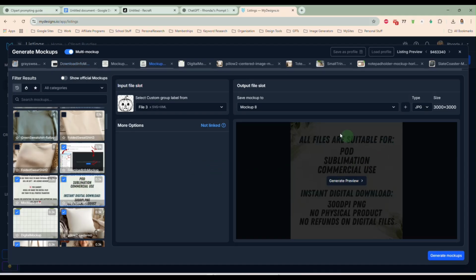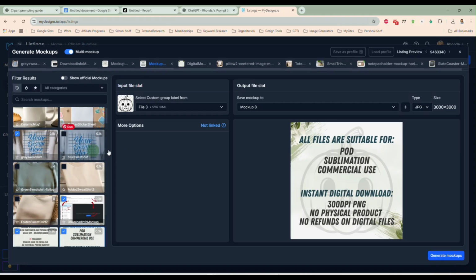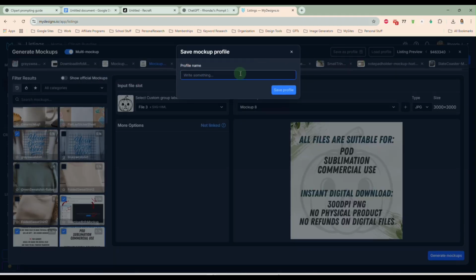Like this one, it says suitable for POD sublimation and they're 300 DPI PNG, but that's not the case. These are SVGs. But if I had them all set up properly, I would just select the mockups I wanted. And once I did that, I would save this profile as a SVG